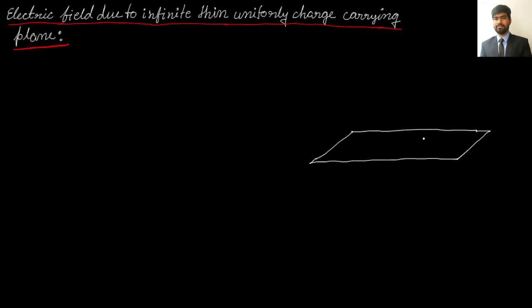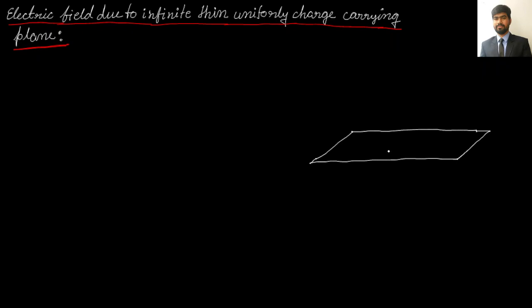Thin infinite plane. So what is the difference between thick and thin? Let's say you have a notebook. If you think about a single page of this notebook, then it will be a thin surface. But if you consider the whole notebook, it will have thickness. So in this case, if you take this cross section area as infinite, assume that this will behave like a thick